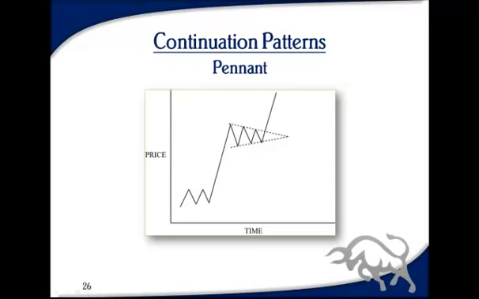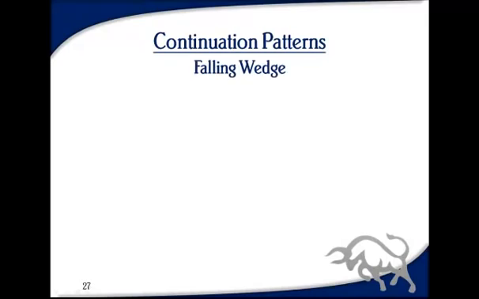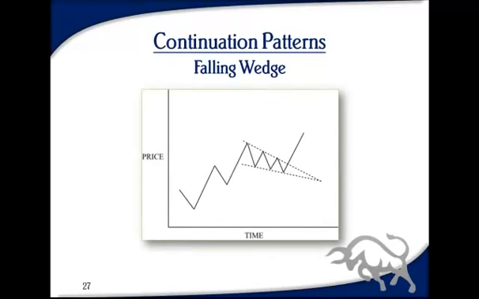Now, that's the flag and the pennant, which we'll see quite a lot. You'll also see the falling wedge. This is a longer term pattern. It may take a month to 3 months, and this is a normal uptrend. And a falling wedge, as you can see, is sloping down to the right. It is normally a bullish pattern, so even if you saw this downward trend, you would expect it to finish as an uptrend. So again, this is a bullish pattern,